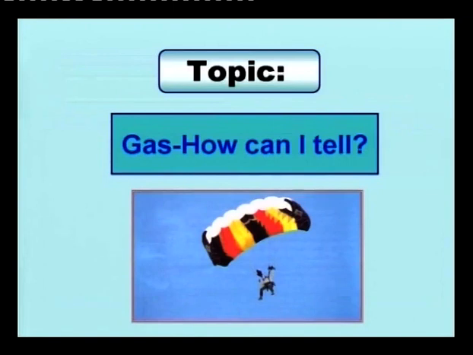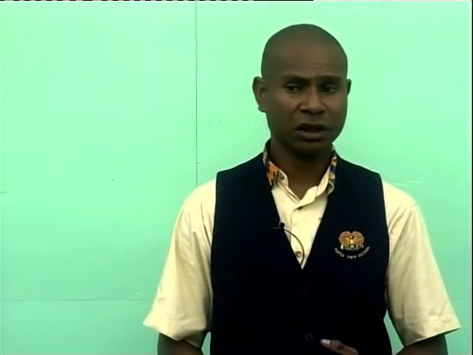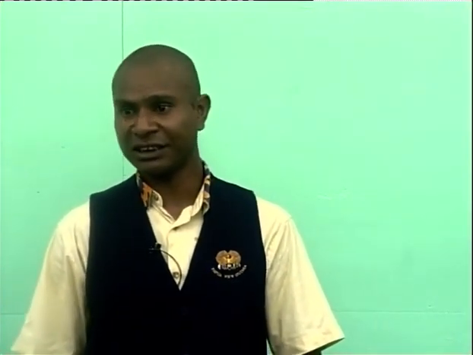is gases. How can we tell gases? Now we looked at the properties of gases, but how do we know that the gases we are looking at will be either oxygen, hydrogen, or carbon dioxide? There are many gases, but these are the three common gases that we will be looking at. But since there are two other gases which will need a lot of time to do experiment, we'll be doing only one today. And that will be carbon dioxide, which we will be producing